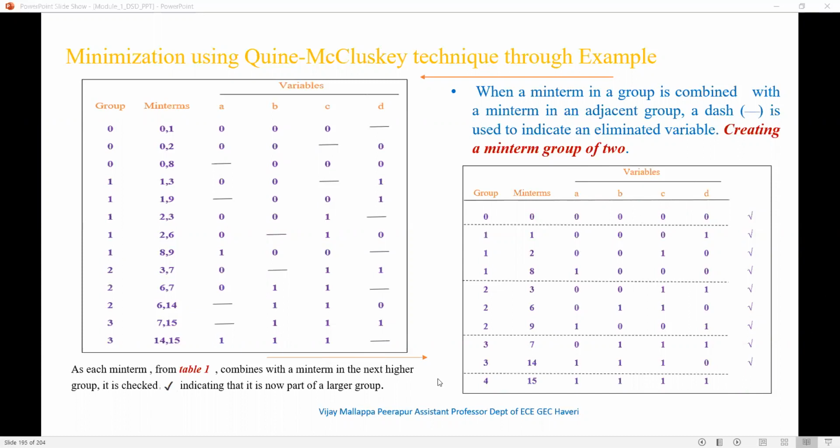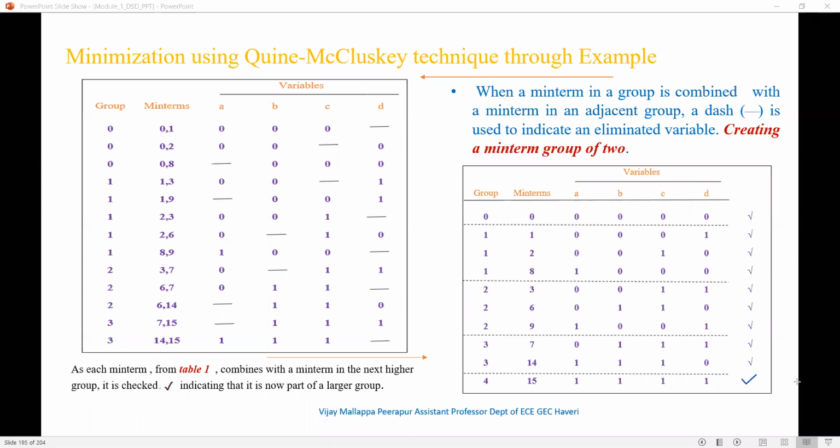And you can see from this table at the end what we have. I've not checked it here. Please make sure that you include the check mark. I forgot to include that one. I just put the check mark here so that you don't have any confusion. Right, this is also included.